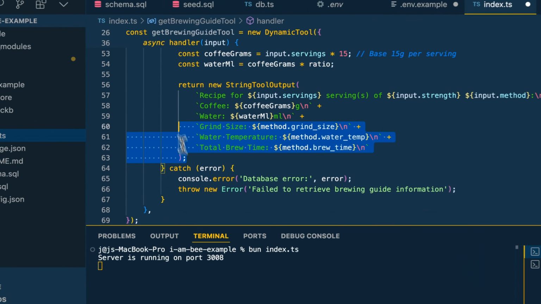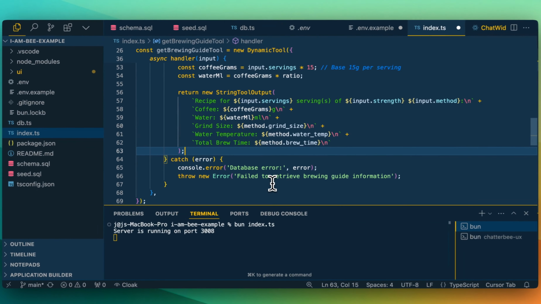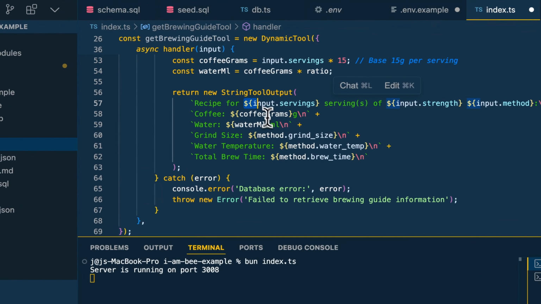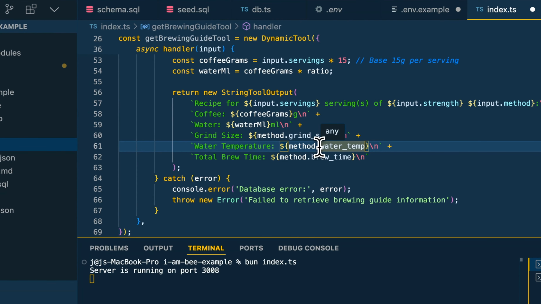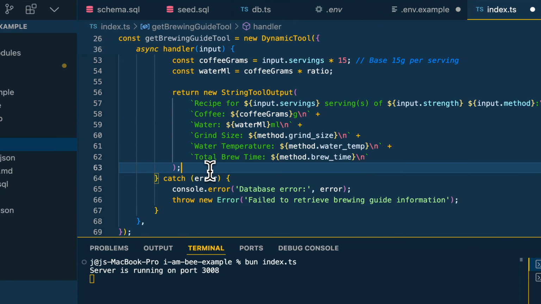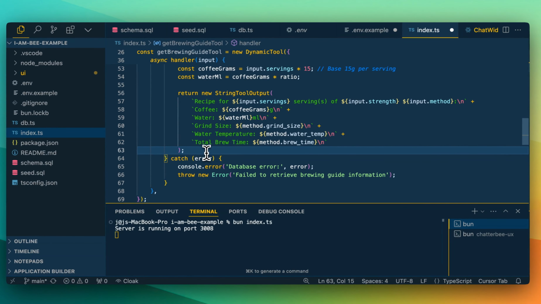Finally, within the tool, we're going to be returning this as a string. When it has that final reflection of the response from the tool, we're going to see that the recipe is for this many servings. So we're going to see the grind size, the water, coffee recipe, temperature, brew time, and basically everything. And all of this ultimately gets rendered as those conditionally rendered UI components on the screen there. Like you saw at the outset of the video, it showed a nice little modal with all of the different